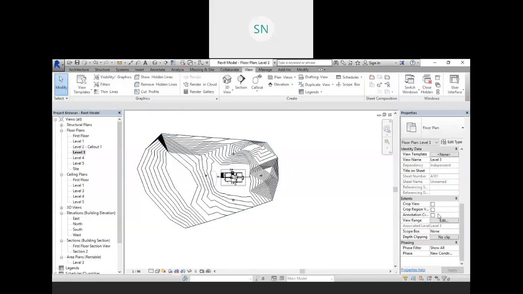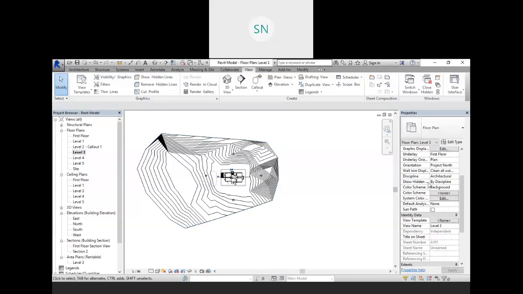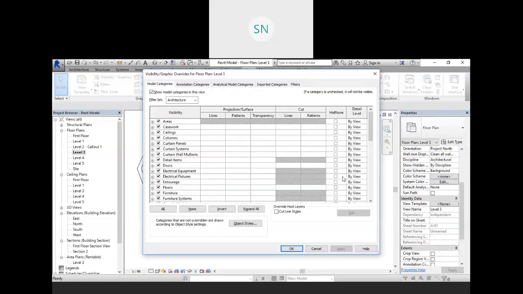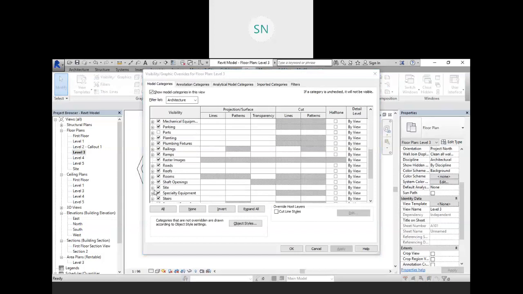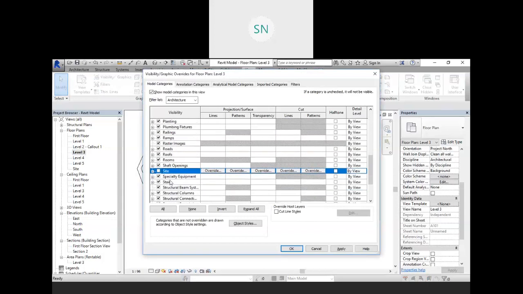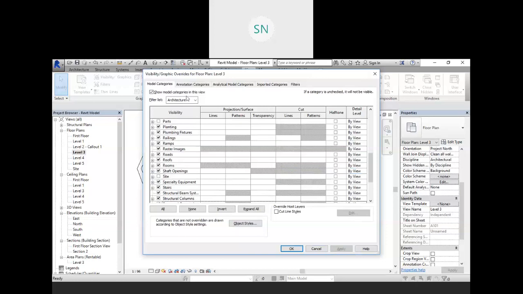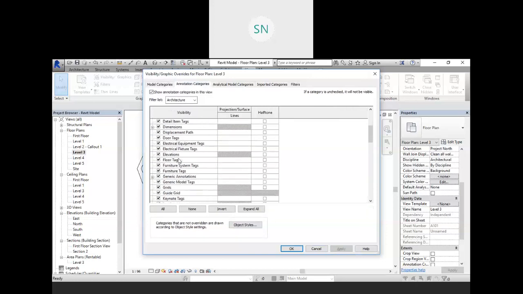Okay, then visibility graphics, and in the visibility graphics we don't need this site. Apply, annotation category.